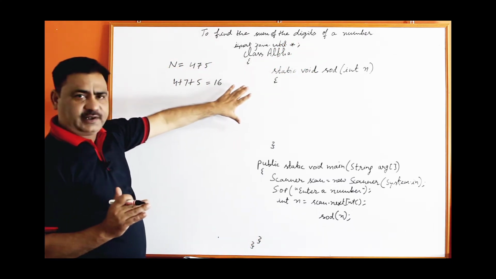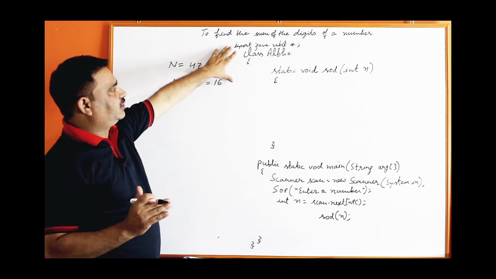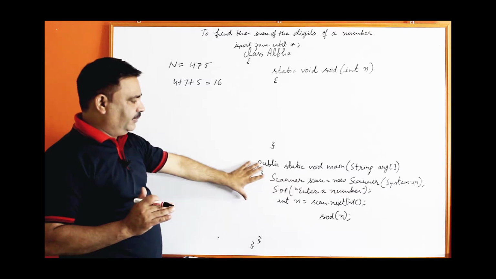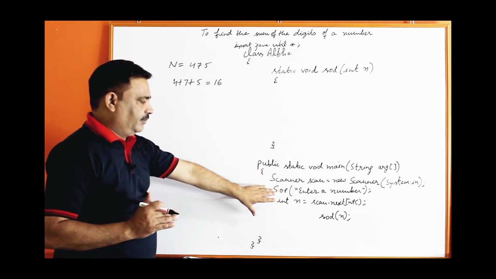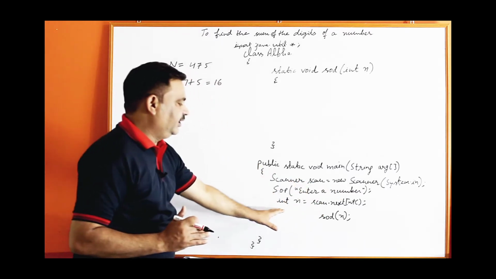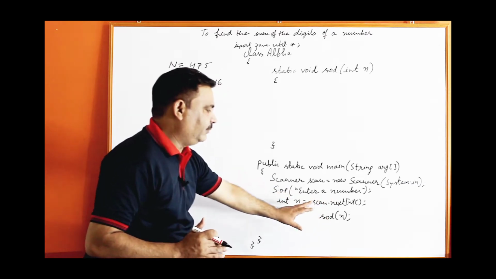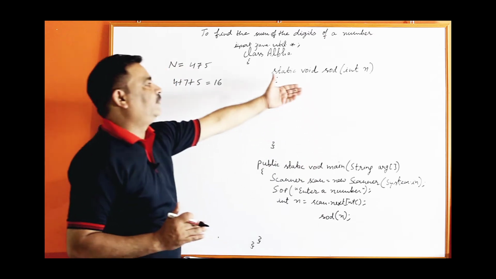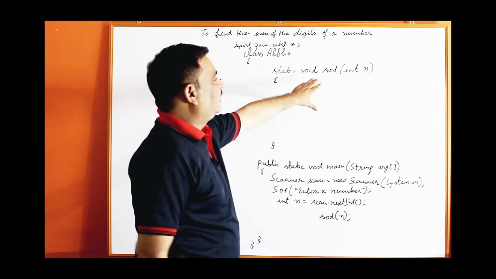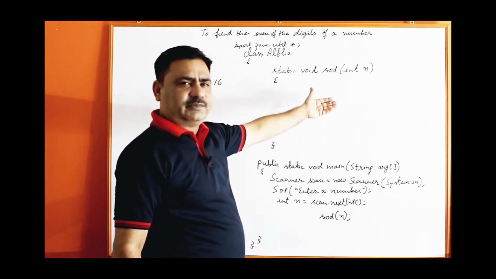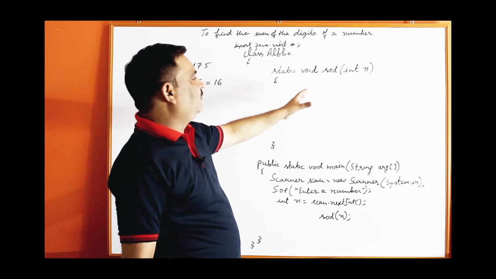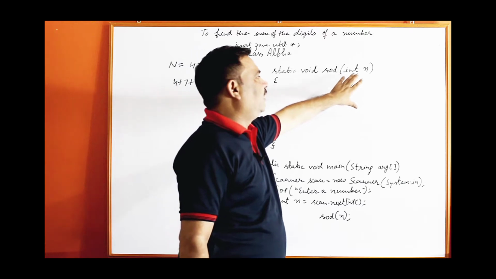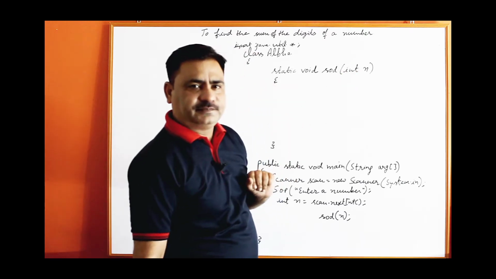So, same method I am going to follow using this util package. I am creating the object of the Scanner class in the main function. Message there: enter a number. int n equal to scan.nextInt, one number you have to input and pass this number to the function SOD. Purposely I keep the name of the function SOD, sum of the digits, because I told you always keep the function name meaningful. So, static void SOD function we have to design with this number.